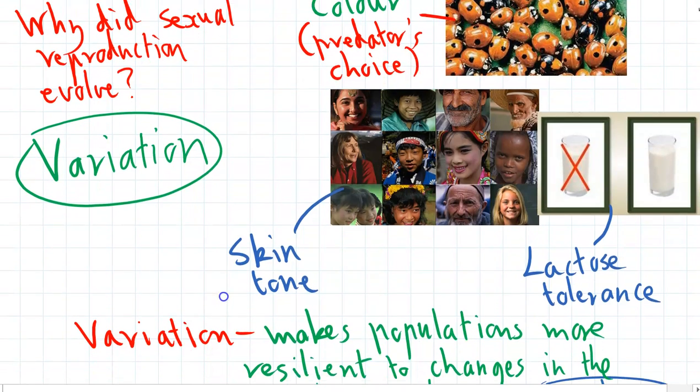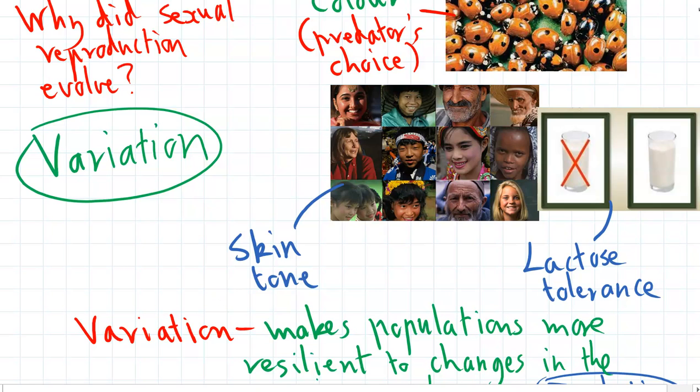In humans, skin tone, well, that affects how susceptible we are to getting skin cancer. So that's why skin tone varies depending on the amount of sunlight and UV in that environment. So skin cancers. And lactose tolerance, well, that variation has actually been important when we developed milk as a commercial product or an agricultural product in humans,